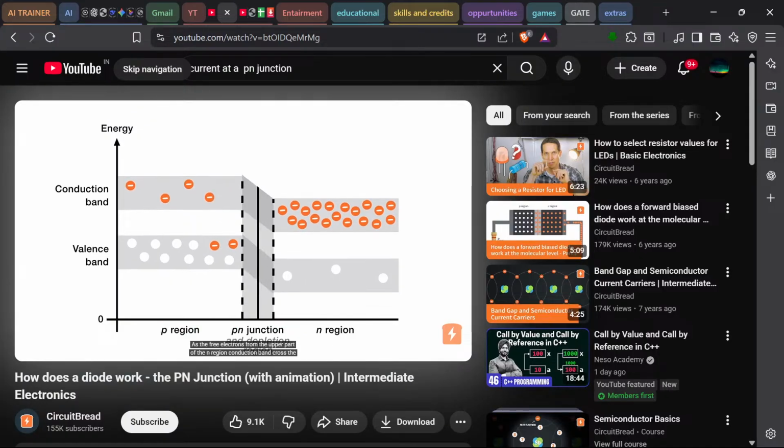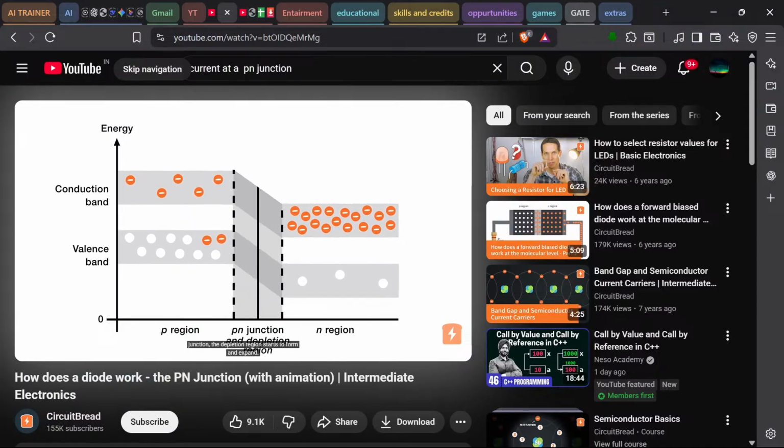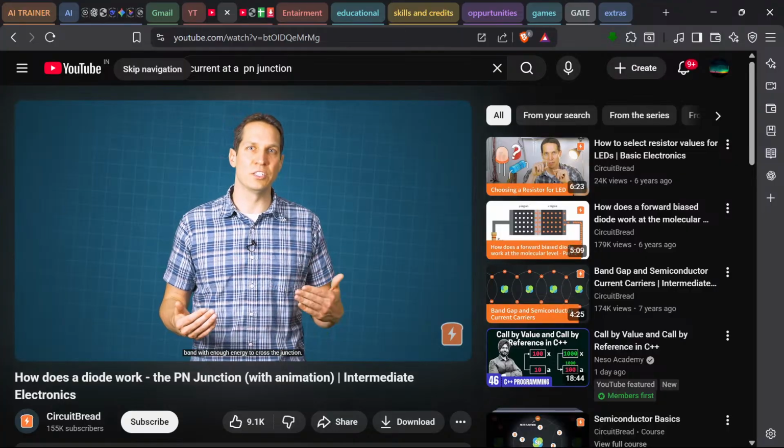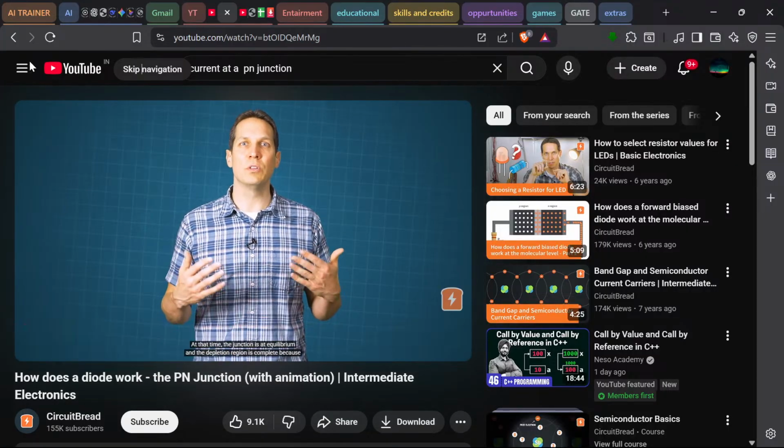As the free electrons from the upper part of the n region conduction band cross the junction, the depletion region starts to form and expand, but the energy level of the n region conduction band also starts to decrease. This process will continue until there are no electrons left in the n region conduction band with enough energy to cross the junction. At that time, the junction is at equilibrium and the depletion region is